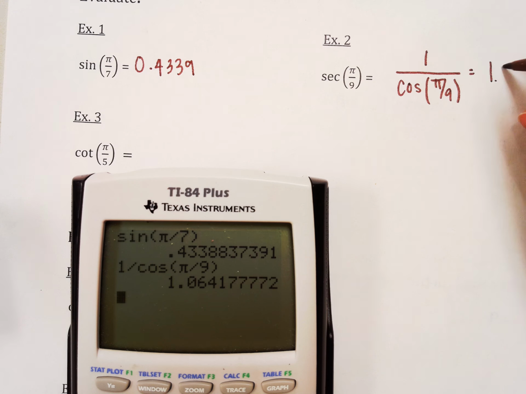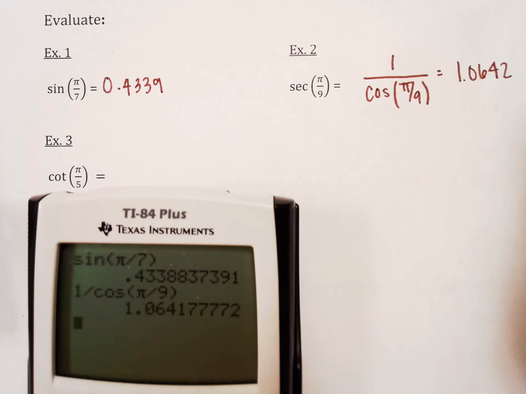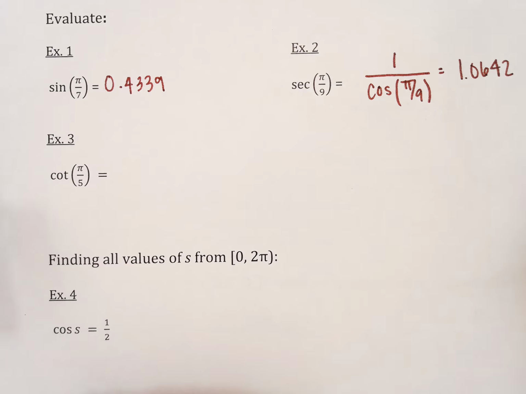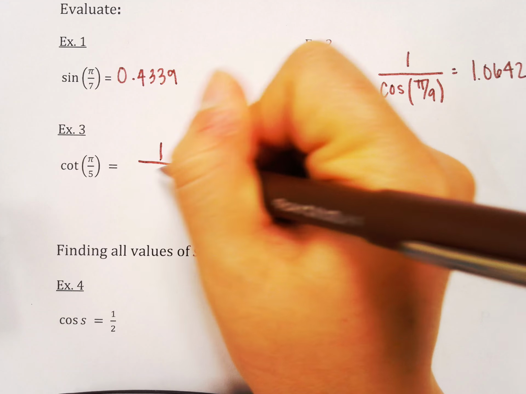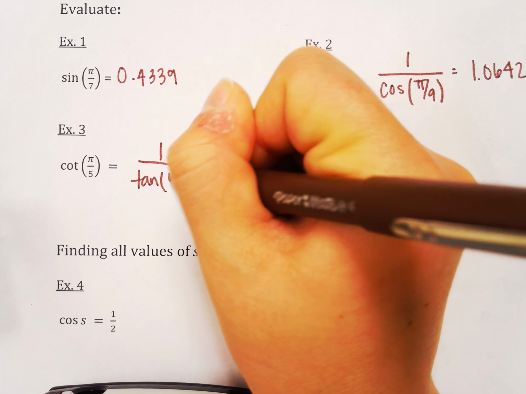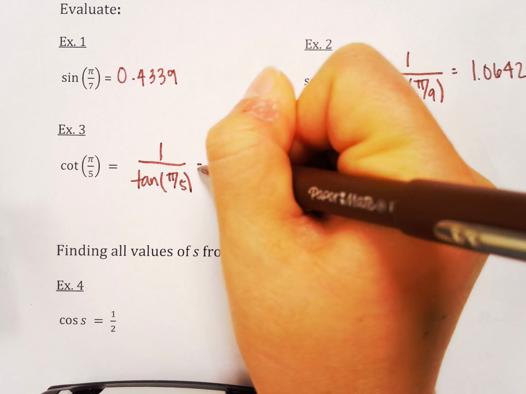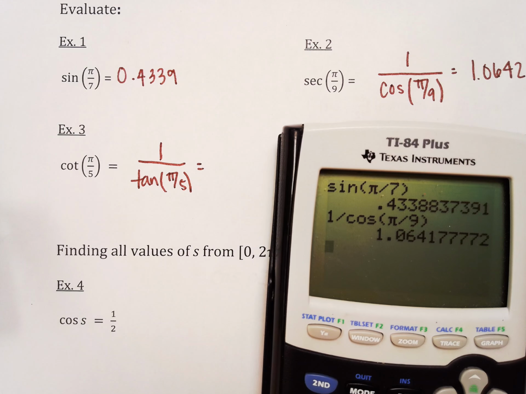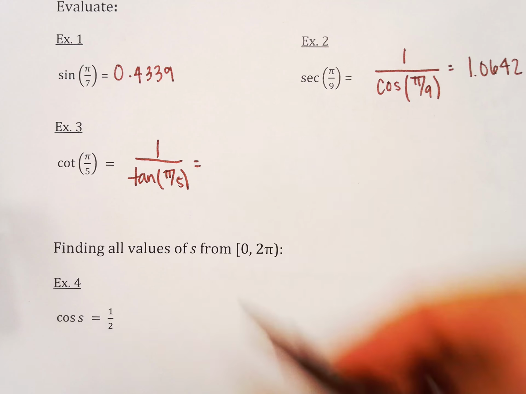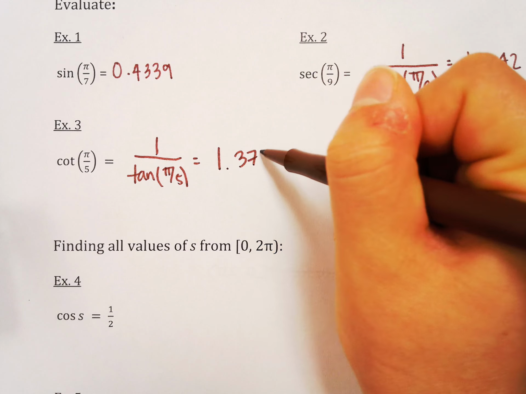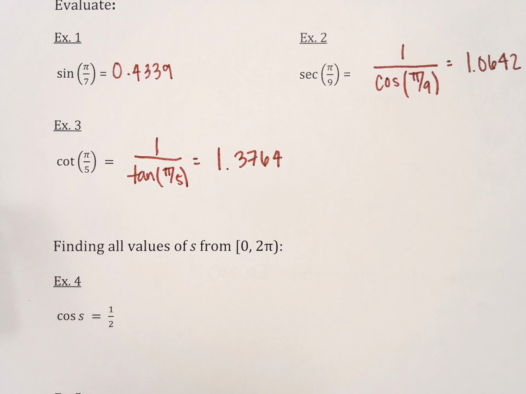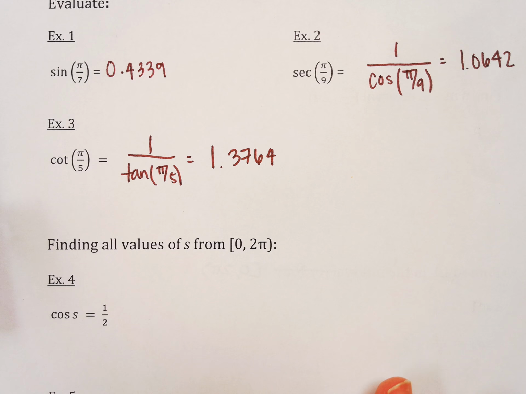We get 1.0642. And cotangent, same idea. This is really 1 over tangent at pi over 5. So 1 divided by tangent of pi divided by 5. Oops. We get 1.3764 for our answers. So like that's step one, is just evaluate, type it in your calculator, make sure that